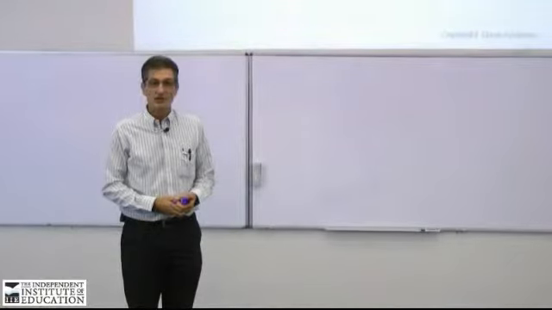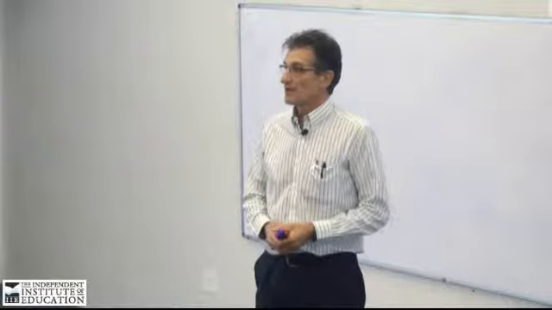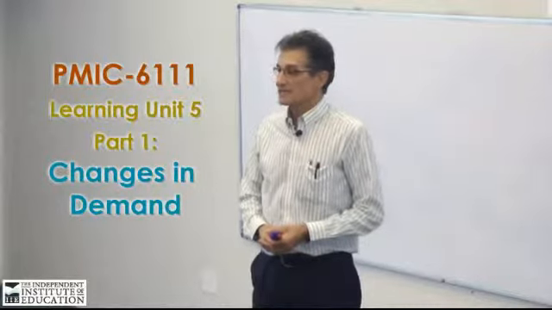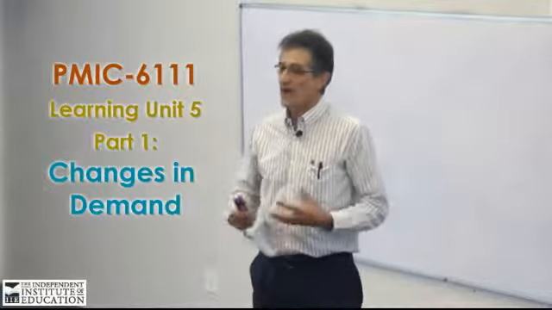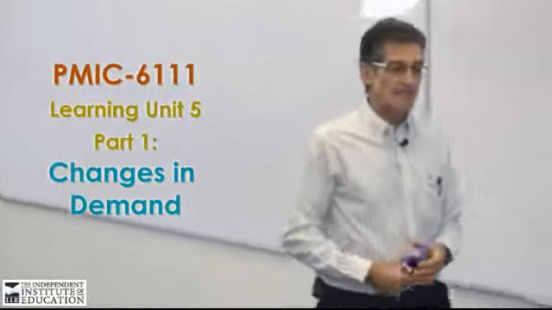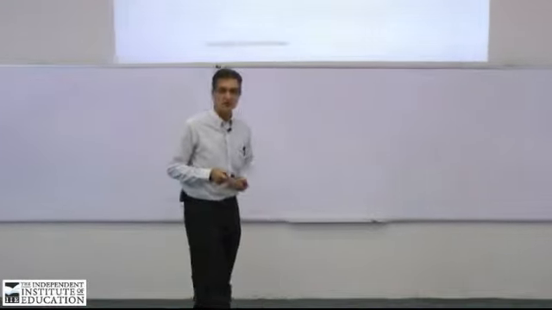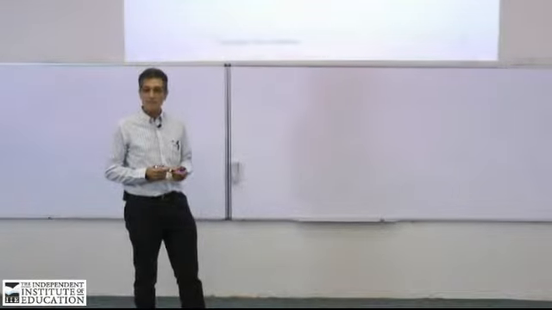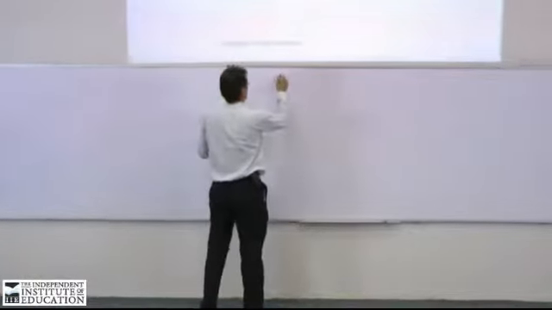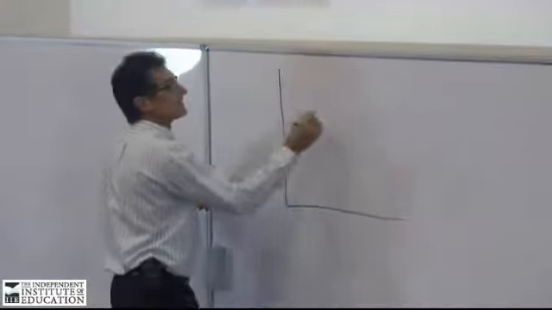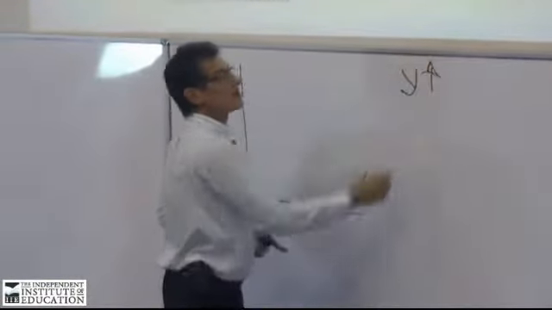Today we're going to be doing Learning Unit 5 of your microeconomics studies, and it deals specifically with demand and supply practically in action. We're going to be looking at a number of examples, and the first is changes in demand and the effects of changes in demand. So if I were to ask you what would be the effect on price and quantity if income changed. So we're saying if income goes up,